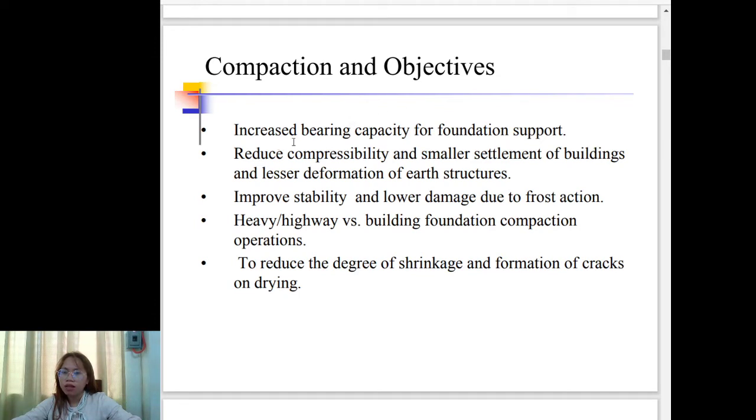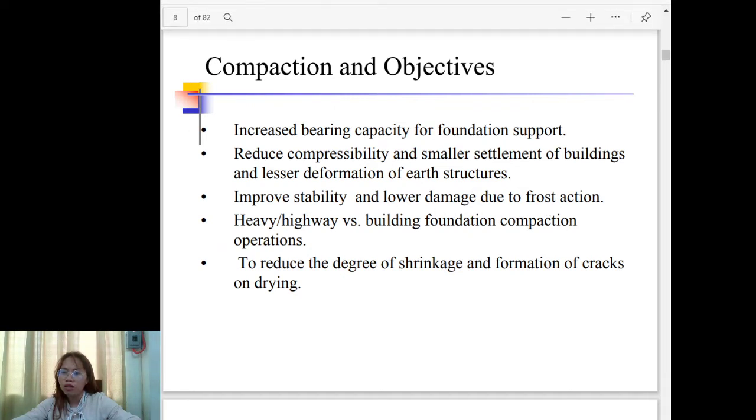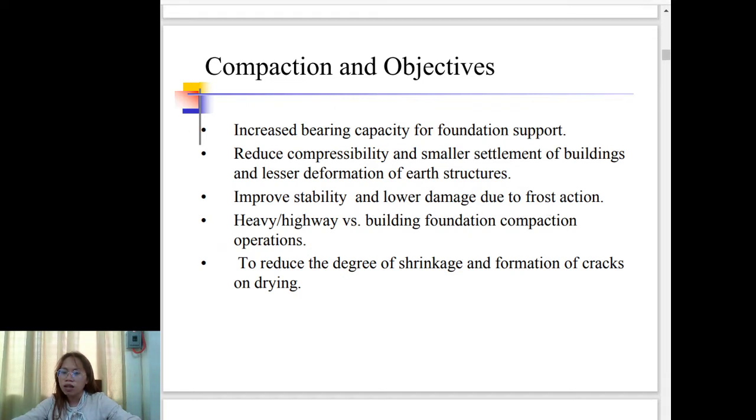Another objective of compaction is to increase bearing capacity for foundation support, reduce compressibility and give smaller settlement of buildings, and lesser deformation of earth structures, improve stability and lower damage due to frost action. So if we are in a country with a winter season, compaction improves stability and lowers damage